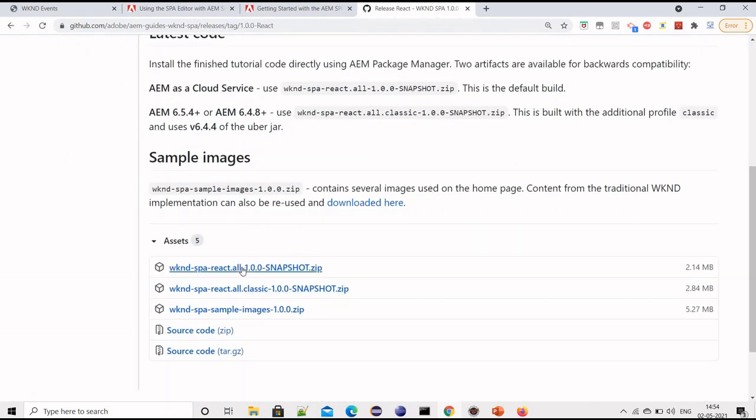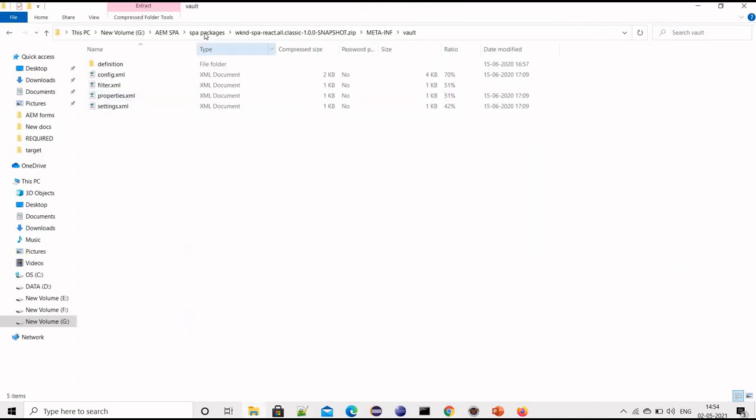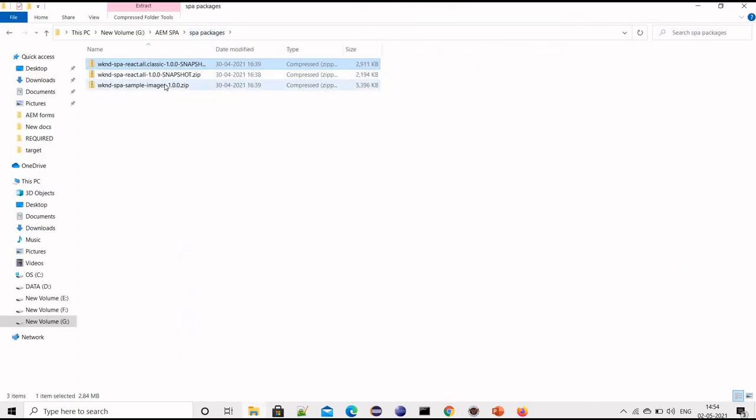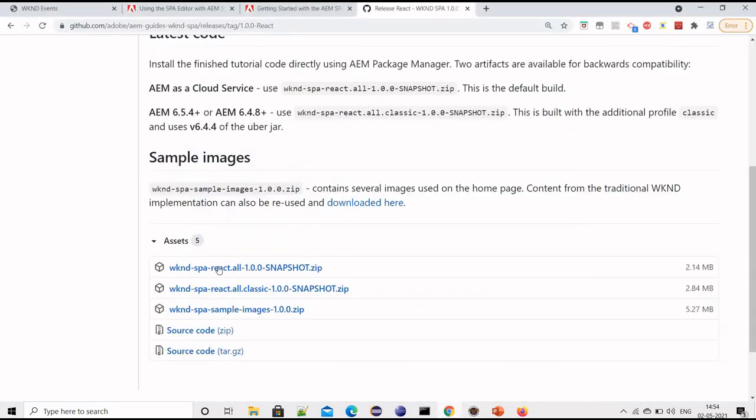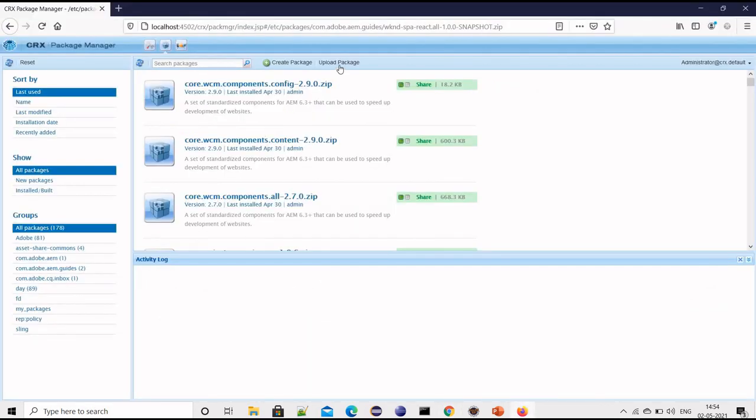Here we can download all these zip files as well as the source code. I have already downloaded them to save time. Here I have the downloaded packages, and the code is running in my Eclipse right now. We have to download all these packages, and once we download them, we have to install these package zip files in our AEM environment. So let's just do that.